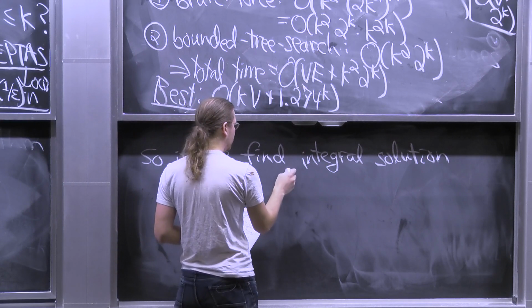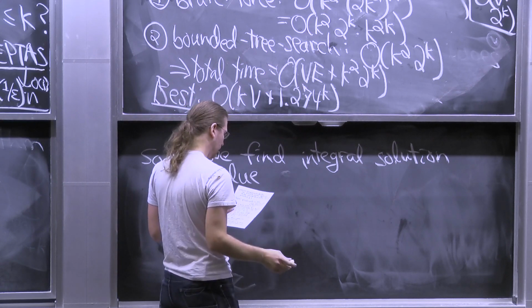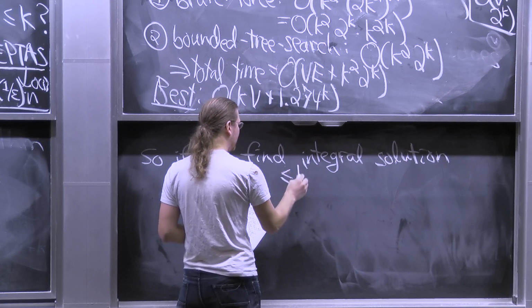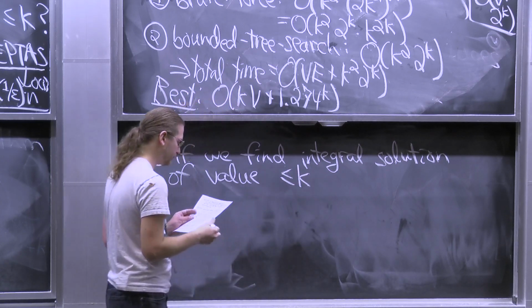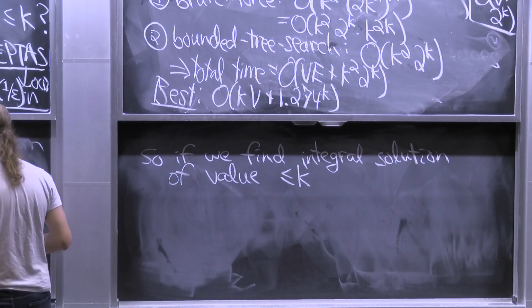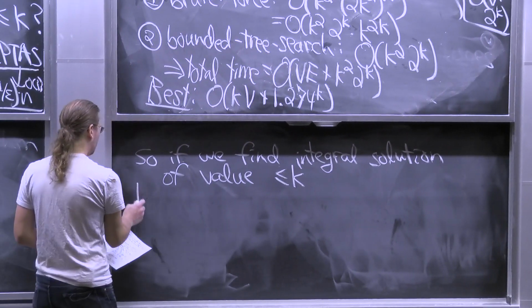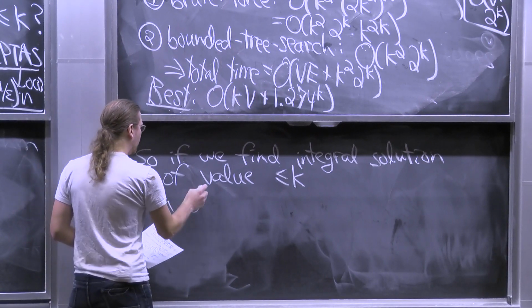Let's say we achieve something with value less than or equal to k, which it better be if opt is less than or equal to k, then opt